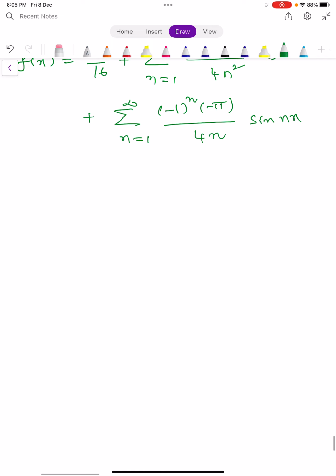Now by expanding or removing the summation we get pi square by 16